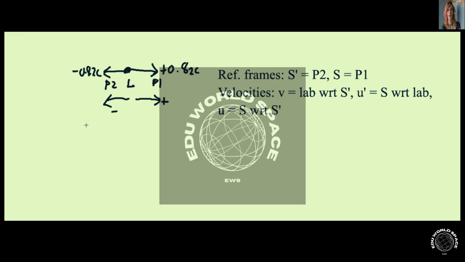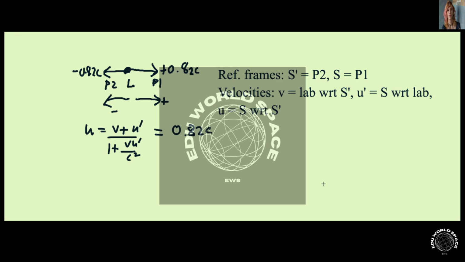So let's write that down. Relativistic addition of velocities is U equals V plus U prime over 1 plus VU prime over C squared. And so V, the velocity of the lab with respect to particle 2, this particle 2 is moving away in that direction. It sees the lab moving with its speed in the opposite direction. So you have V equals 0.82 C,